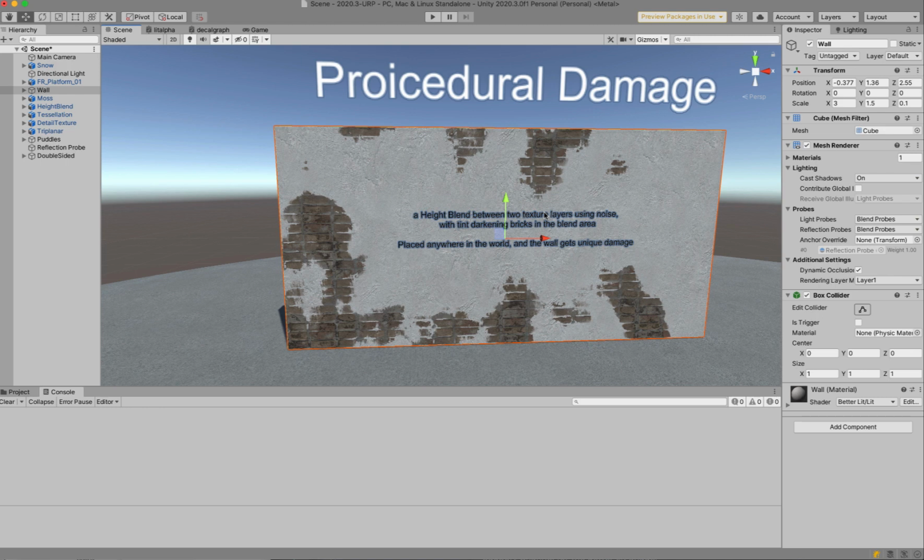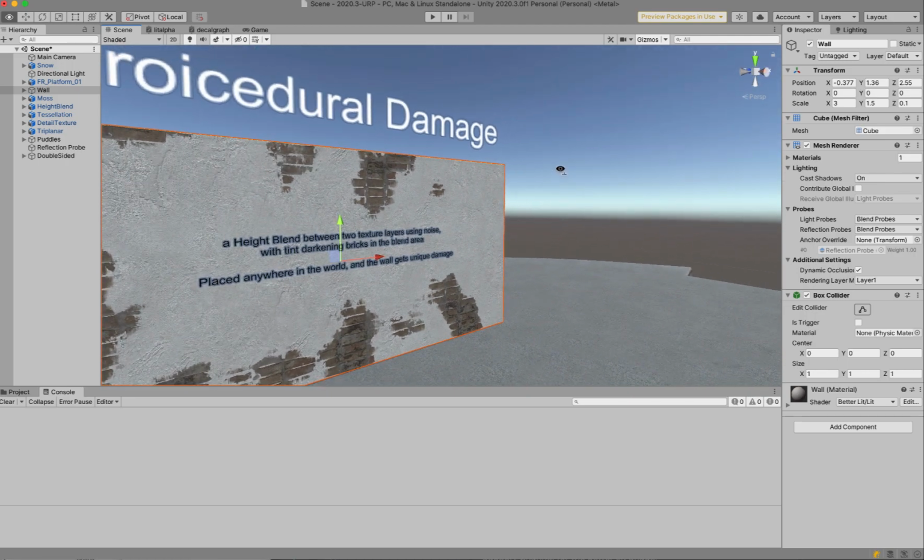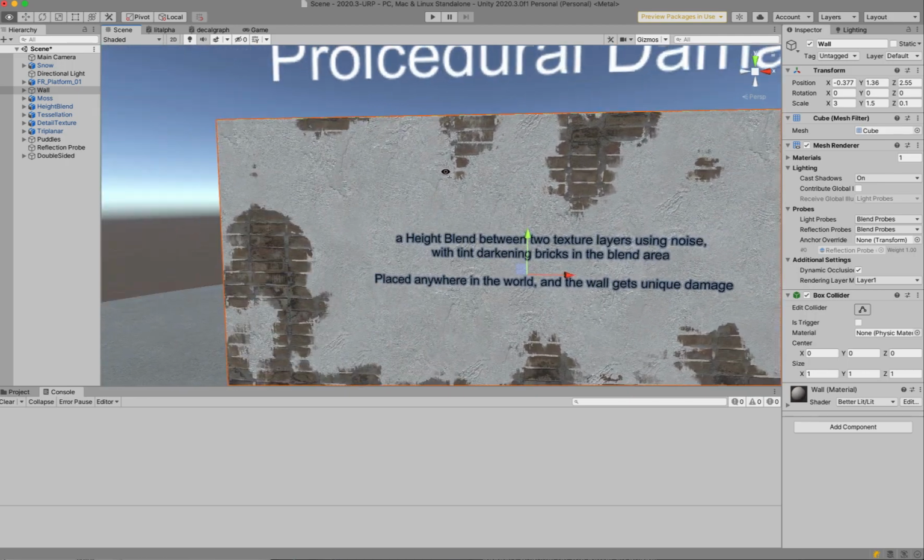So the cool advantage of stuff like this is with these types of techniques, you can place a rock in the scene 20 times and you'll get a different result every time because the noise will be different in that location. I spelled procedural wrong up here. I have to fix that. Must have been typing too fast. Anyway,